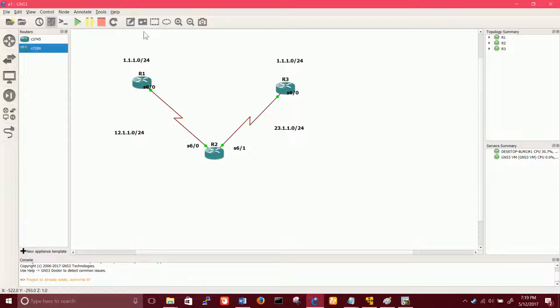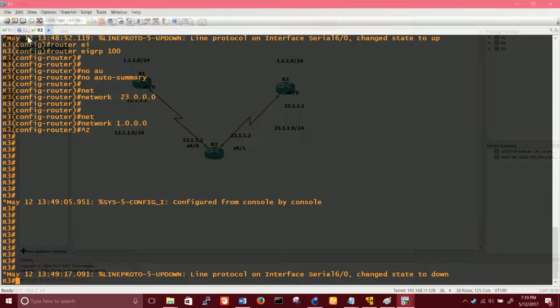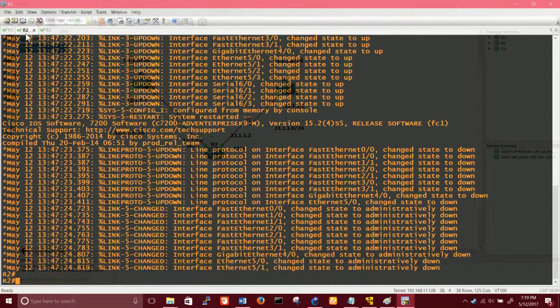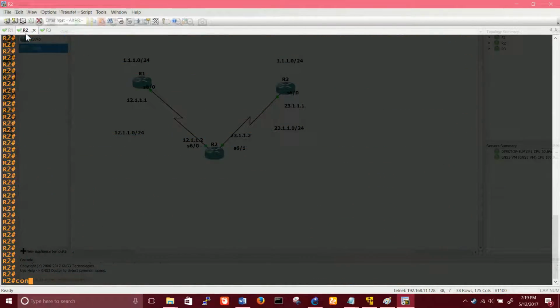So let's write down the IPs also. In here we have 12.111. In here I have 23.111, 12.112, and in here I have 23.112. Only the middle router left. We have two interfaces here.